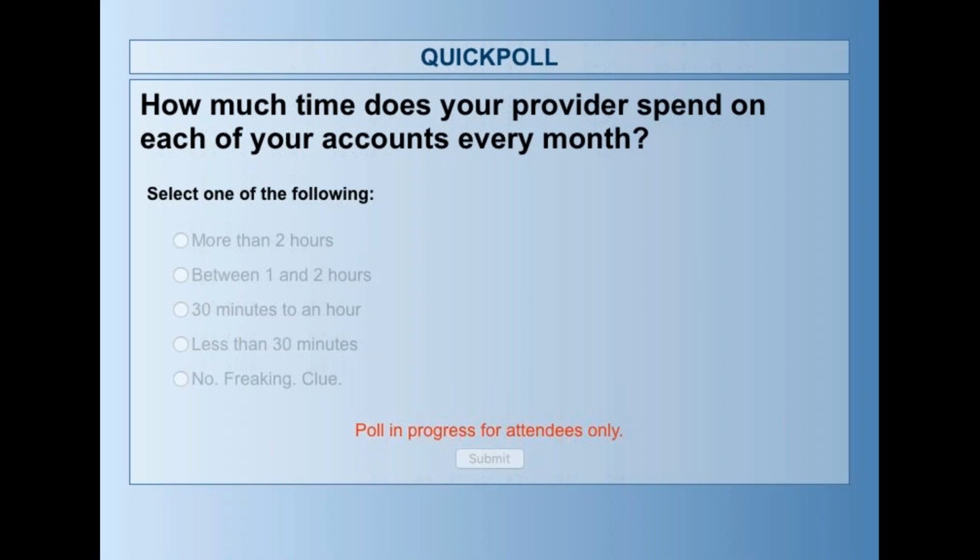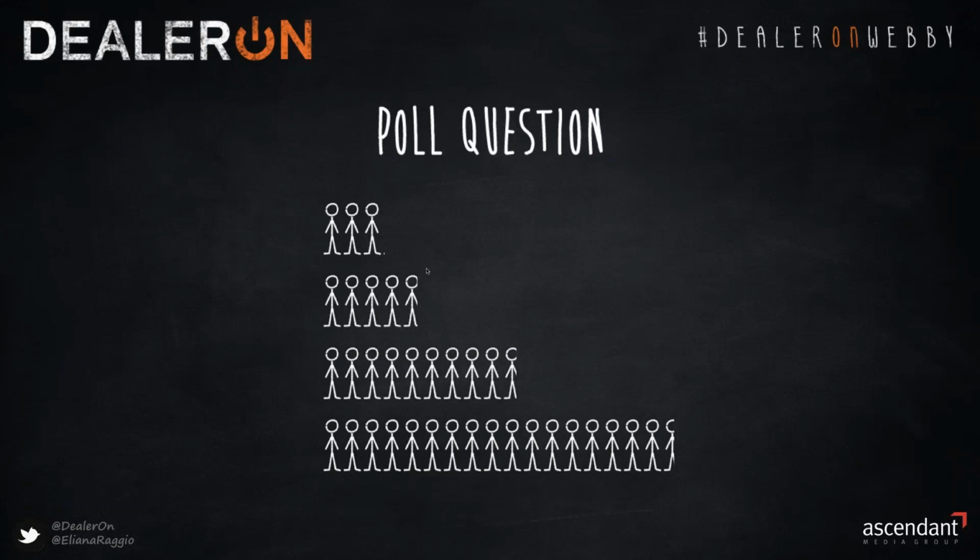If you think about this, and we're going to talk about this in a minute, especially once we see the results, the average vendor has roughly 60 to 80 accounts per account rep. That means if they spent, let's just say, 2 hours and they had 70 accounts, that's 140 hours of the month gone. They haven't done anything except reporting and talking about what they're going to do with you. They only have 20 hours left of the month, roughly 4 or 5 hours a week to manage